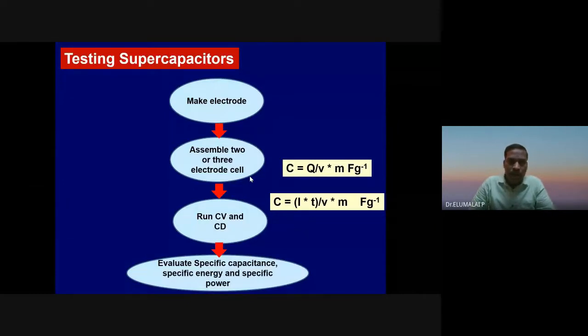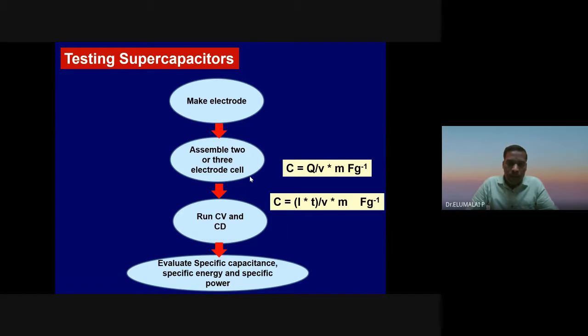So how to make a supercapacitor device? First we need to make the material, the intended electrode material that you want to use for supercapacitor fabrication. It may be a carbon-based material or functionalized carbon-based material, or metal oxides, whether a ferrite or non-ferrite, sulfides, single oxides, mixed oxides, double oxides, composites mixed with graphene, reduced graphene oxide, functionalized reduced graphene oxide, or polymers, whatnot.